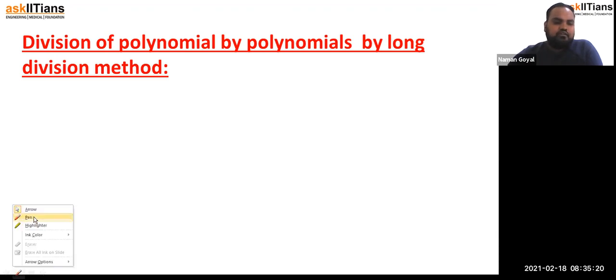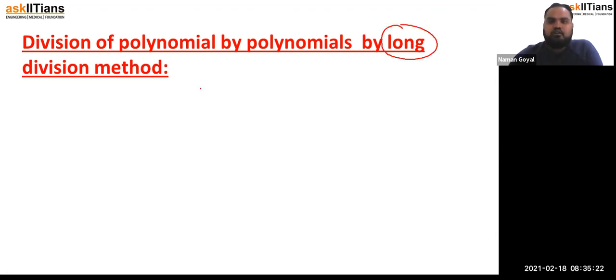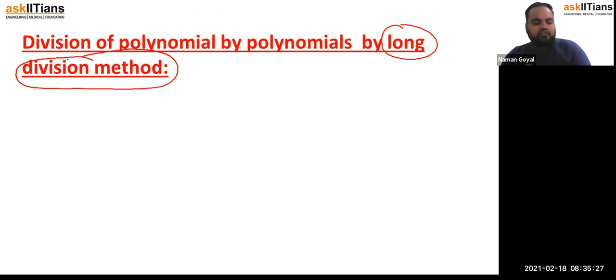See, long division method is a very important method. It is a little bit typical, not typical, it takes time to understand basically. So we are going to start with a simple question. So if I want to divide,